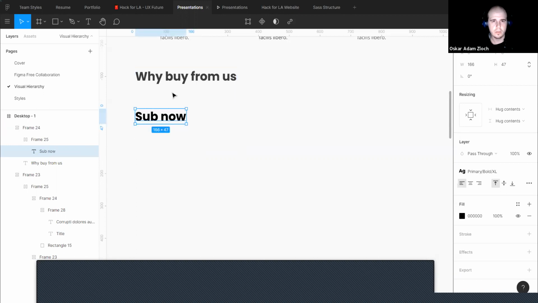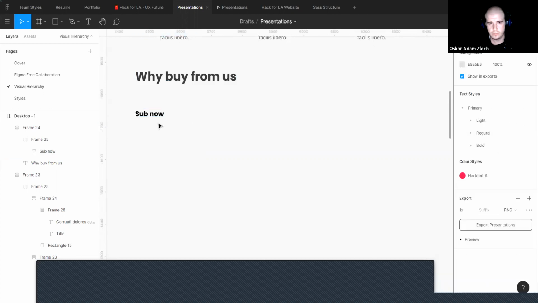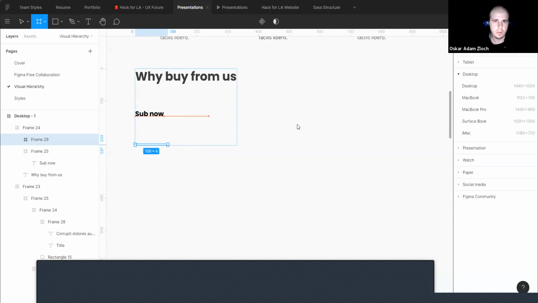So now... Yeah, another thing about the shapes,